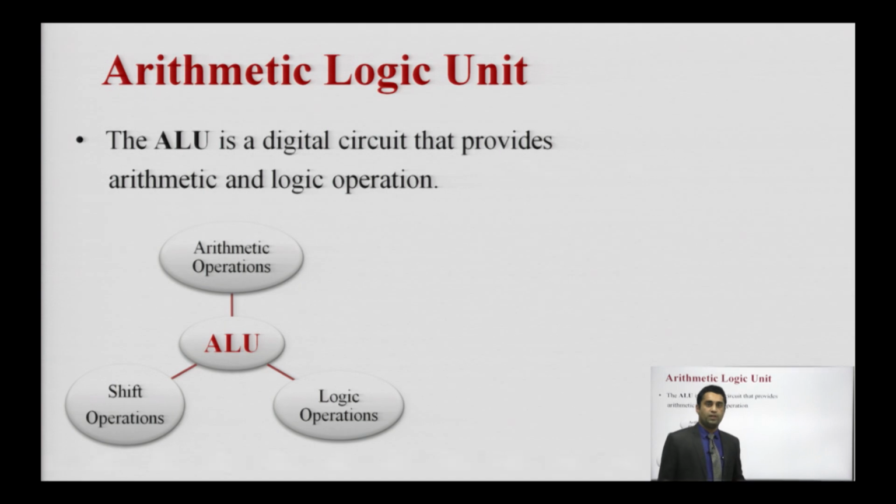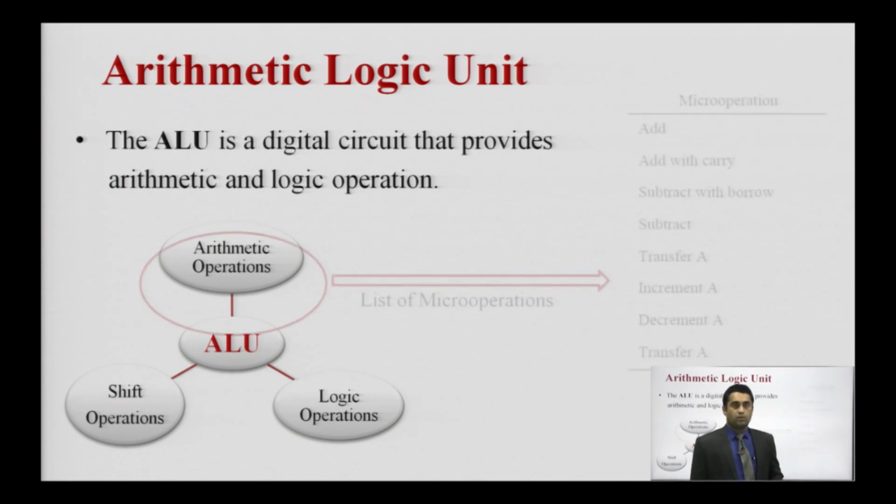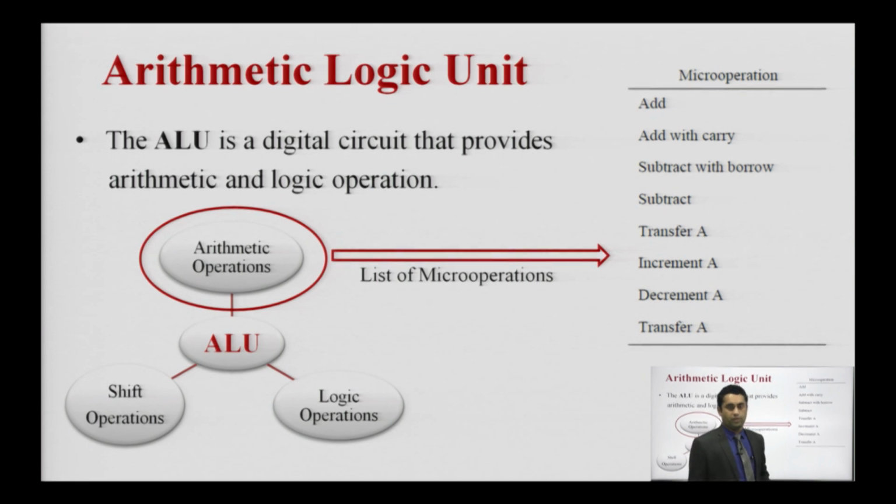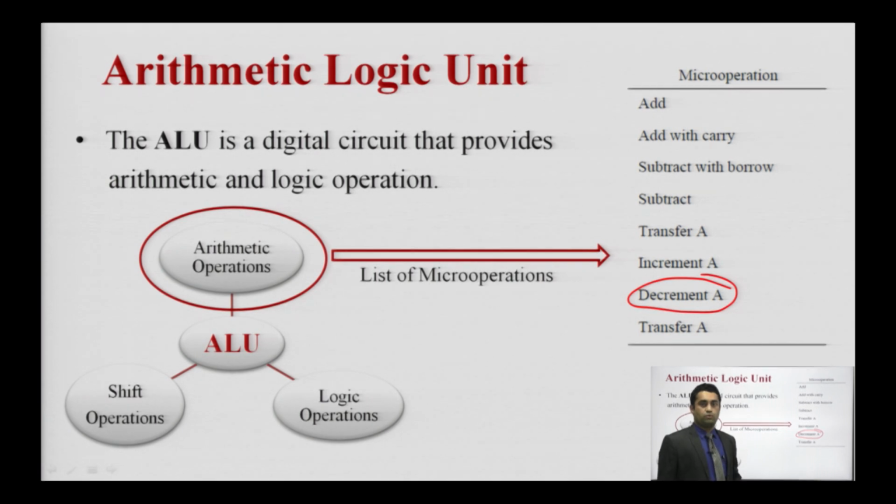In the last class, we discussed the arithmetic operations in the ALU. Basically, the ALU comprises three components: arithmetic operation, shift operation and logic operation. In the last class, we covered the arithmetic operations. These are the 8 major operations, and I focused on the decrement part, which is the important one, because this is the most used one when we talk about the other operations. The rest of the combinations are used everywhere, like subtraction and complement of a number, or increment when we talk about the program counter.